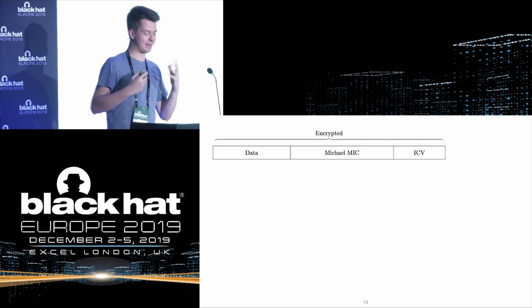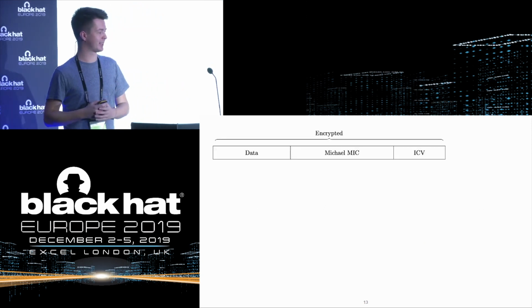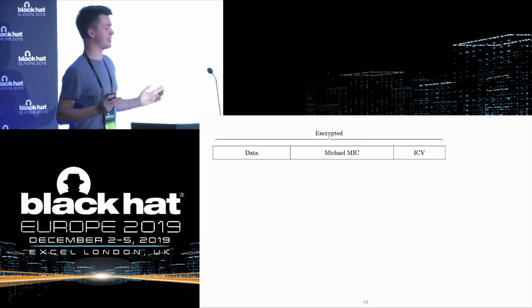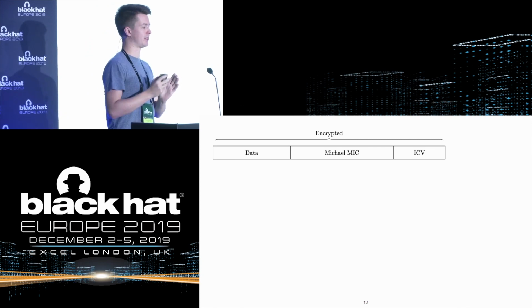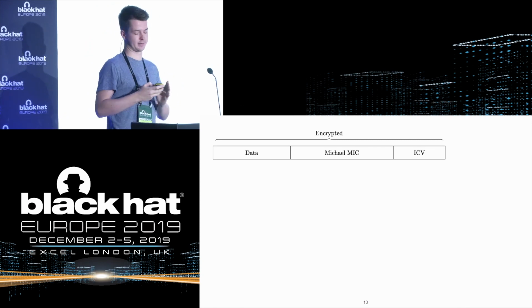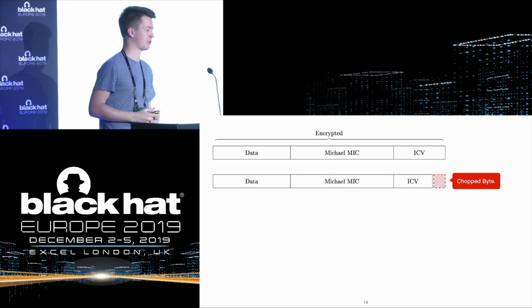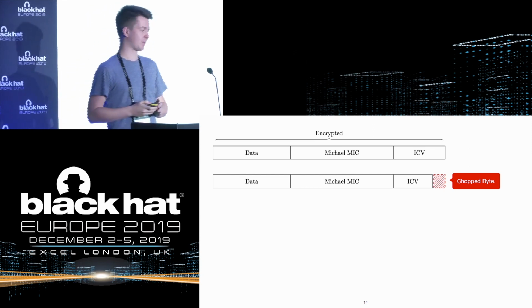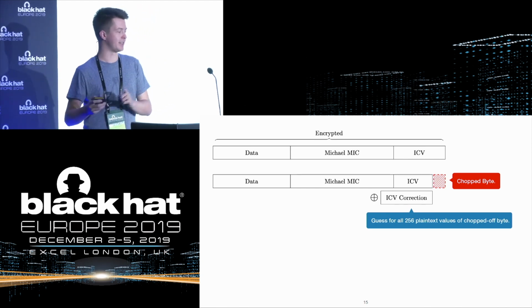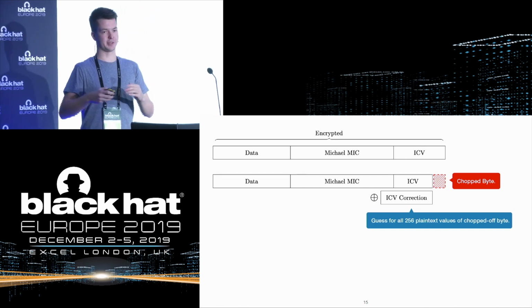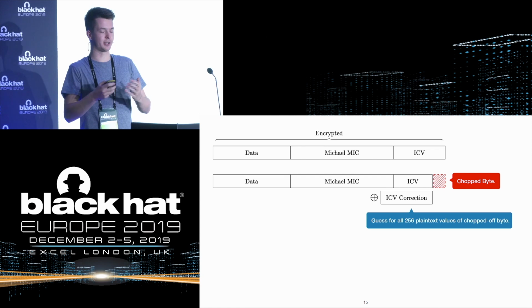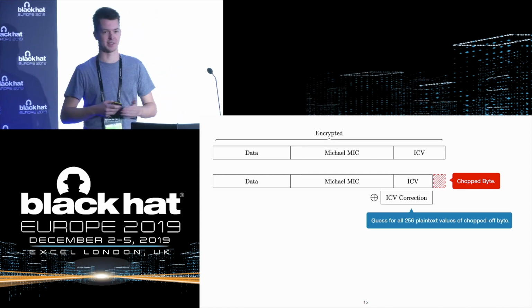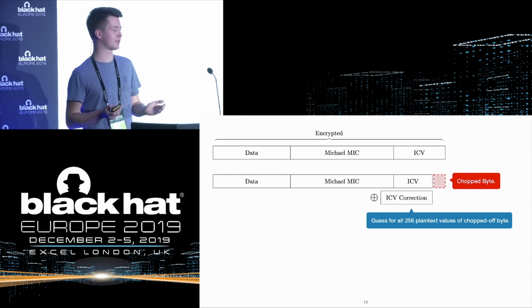And to make this more visual, how this works is, in TKIP, we have this encrypted data. So we have no idea what the plain text is, but we do know that the last 4 bytes are the ICV. So it is possible to chop off the last byte of this frame. And now we can make an ICV correction that will result in a valid frame. But in order to do so, we need to know what the plain text value of this byte was. As an adversary, you do not know what this plain text value is.